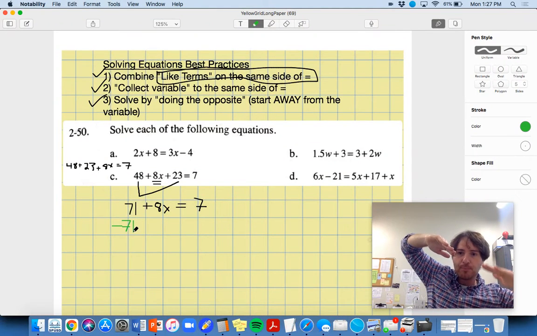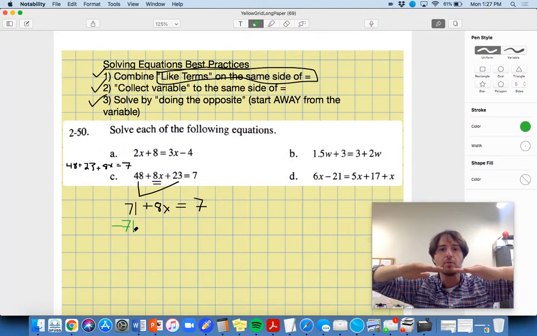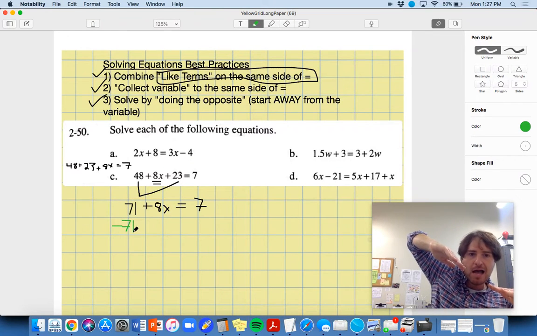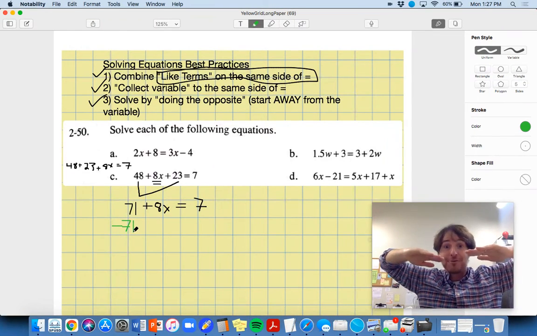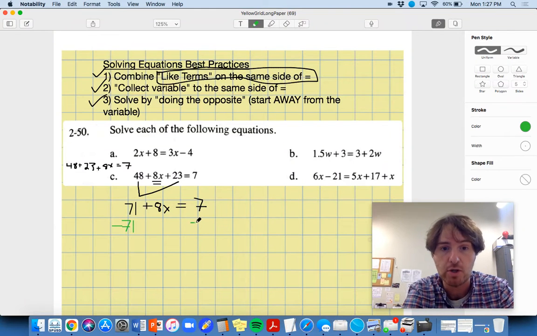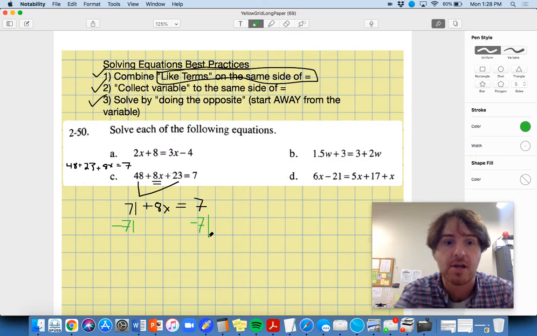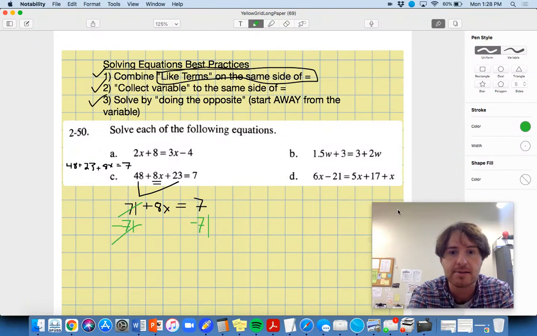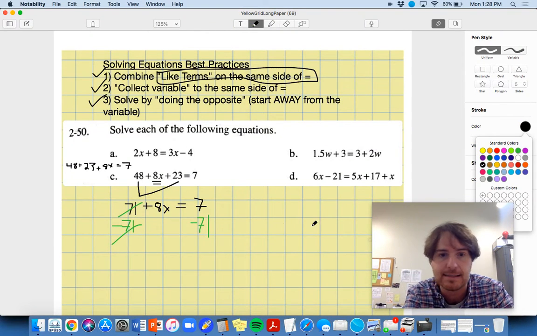And I got to preserve my equality, right? I started with an equal equation, 71 plus 8x equals 7. I take away 71 here. I got to take away 71 from the other side to keep my equation balanced. That's what I'll do. So remember, we do the opposite. We got to do it to both sides. So we can actually cancel this out, and then I'm left with 8x